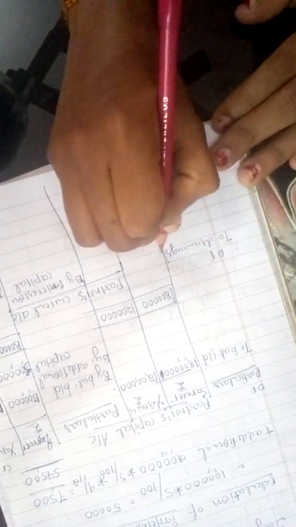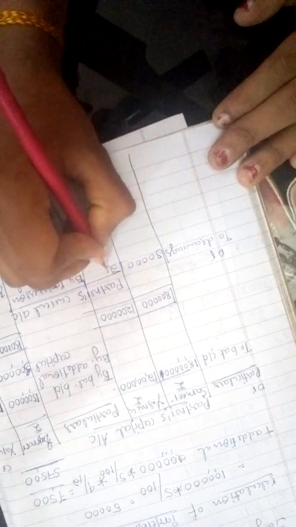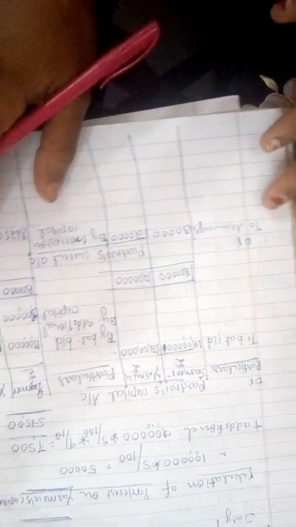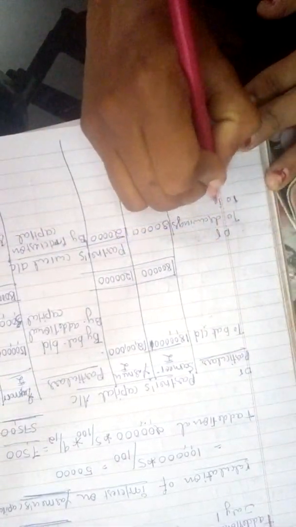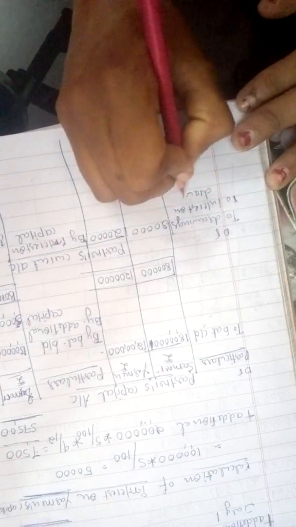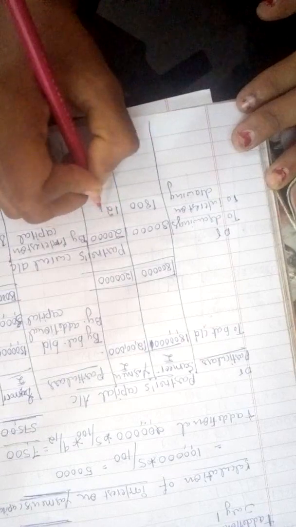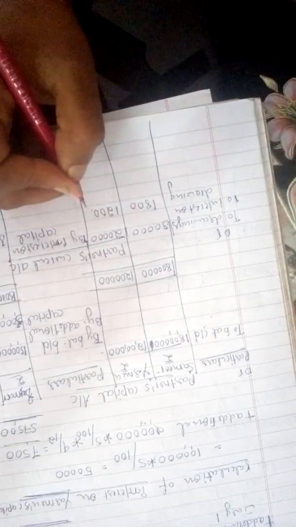Then another adjustment, drawings, where we need to write on the debit side, to drawings. What is the amount of drawings? 30,000 of Samir, 20,000 of Yasmin. Then interest on drawings, where we are going to write on the debit side, to interest on drawings. They have given the amount, so there is no need of calculation. 1,800 and 1,200 over, right?